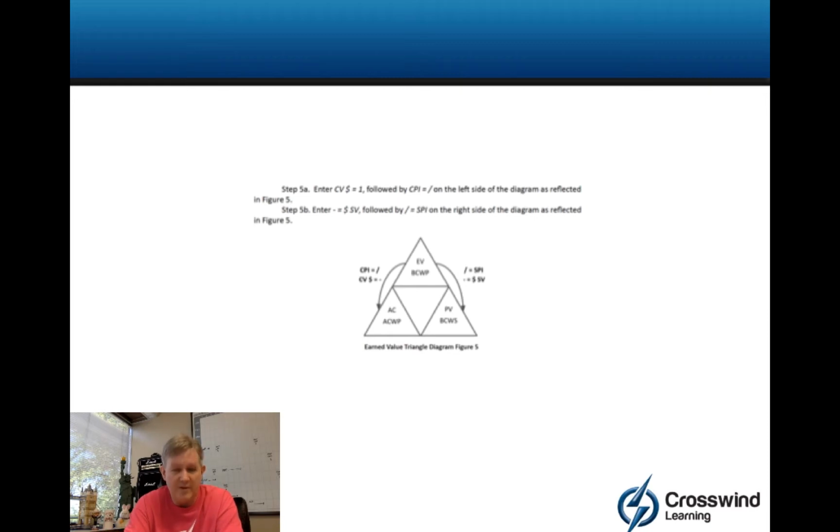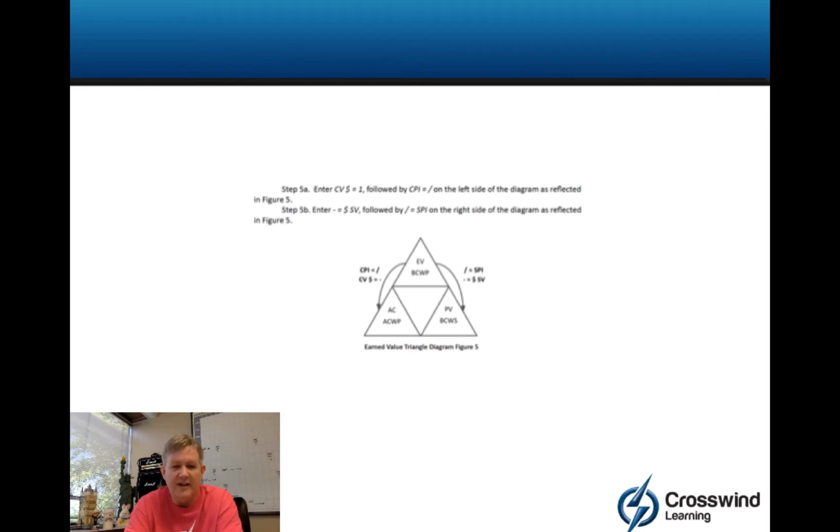CPI is cost performance index. And CV equals and the negative sign. So I have CV, a dollar amount, just to remind you that it's a dollar amount. So CV equals and the negative or subtract sign. On the right side, you'll have divide equals SPI or schedule performance index, and then minus equals dollar sign SV